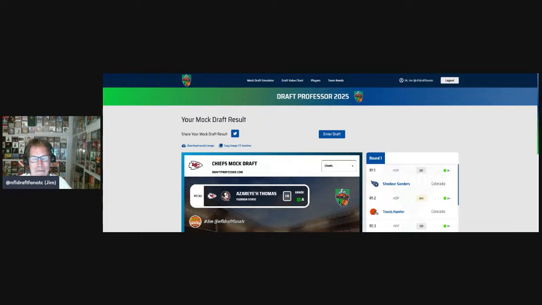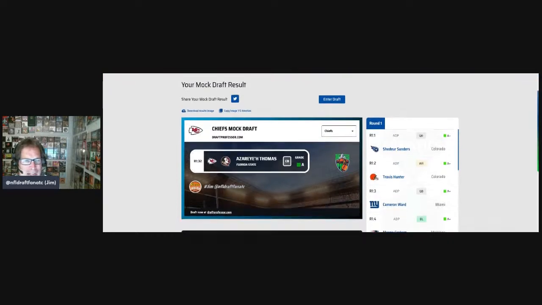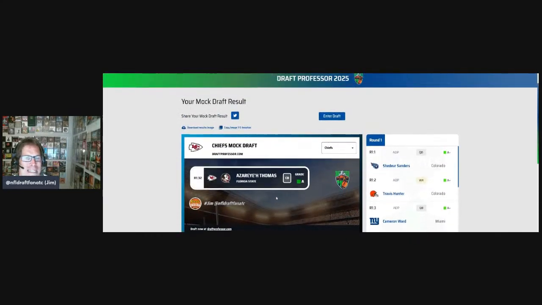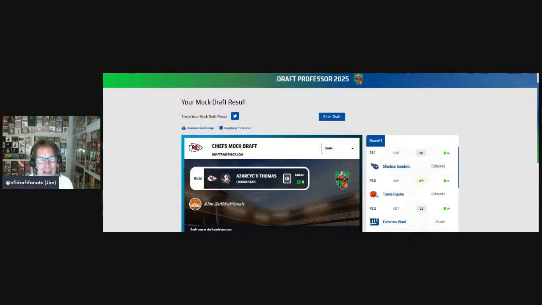So the second-round challenge is a really good way to seed a bunch of players for round 2 because you don't always know who's going to be available or who a different team prefers. So it gives you a chance to seed 10 players for your team's second-round pick. If you wanted to control the second-round pick, you would need to do close to 10 second-round challenges to get your guys to go to the top of the second round.